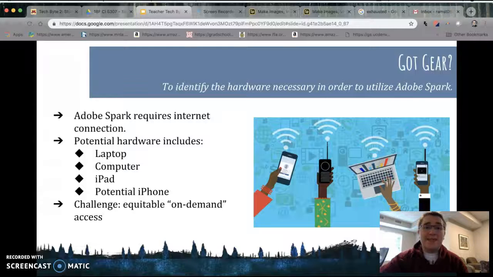However, the challenge here, as I mentioned in my last Tech Byte presentation, is equitable on-demand access. So we can't assume that all students are going to have internet or Wi-Fi access when they leave our classroom doors or even in our classroom. So if we do assign projects or activities within Adobe Spark or expect students to utilize that, we should have